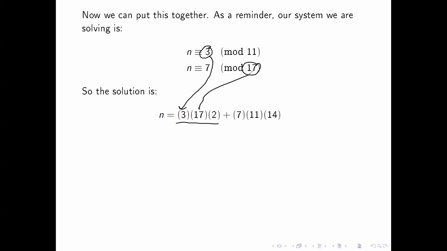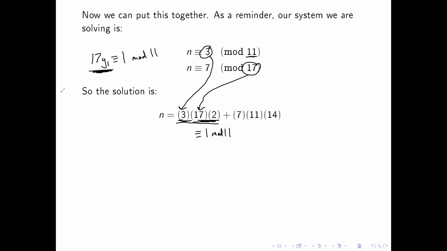17, it's coming from here. Where did the 2 come from? We'll go all the way back, and remember, we had 17 times y1 was congruent to 1 mod 11. So that means that this portion of the entire thing is congruent to 1 mod 11. So I'm taking the 3 times this, essentially this solution right here. So this is the mod 11 situation, which 3 times 1 would just be 3, but it's in the